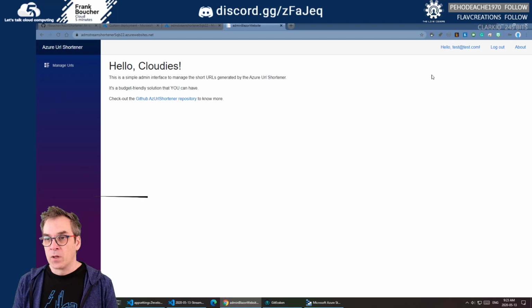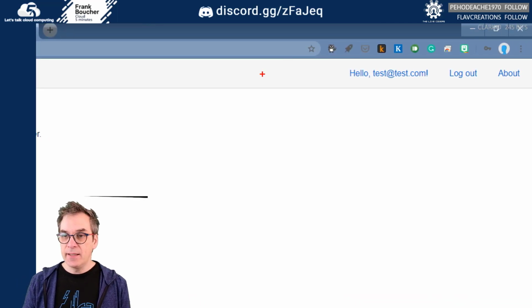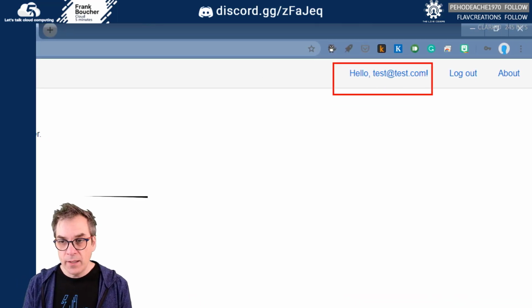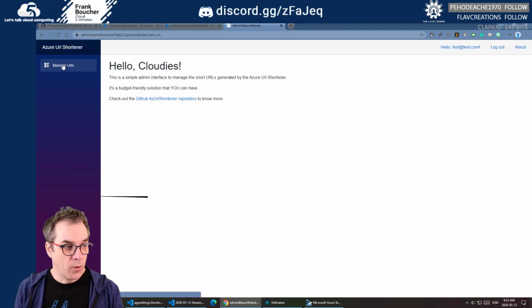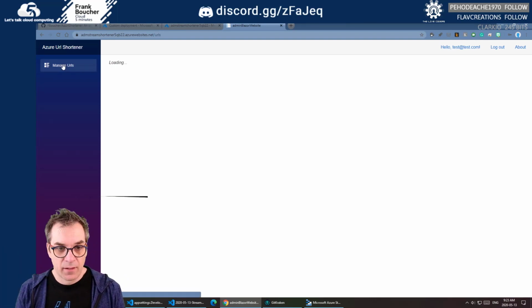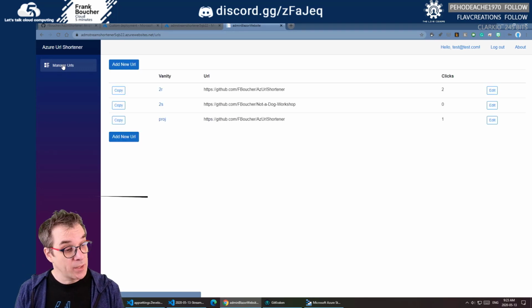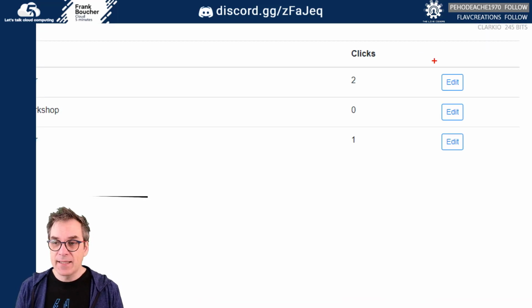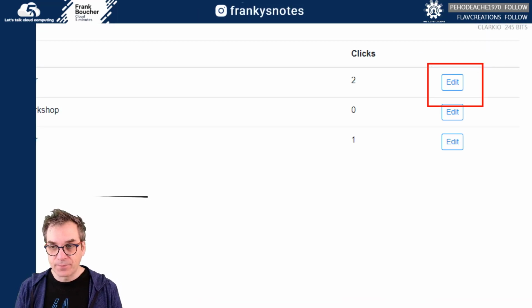Cool. So now we are authenticated here. Wink. So we could go click here. Before, if we try before that, it will just say unauthorized. Not fancy, I know, but it's working. Cool. So now see, we have all our URL. So that's working. Another feature we add is now you could edit.